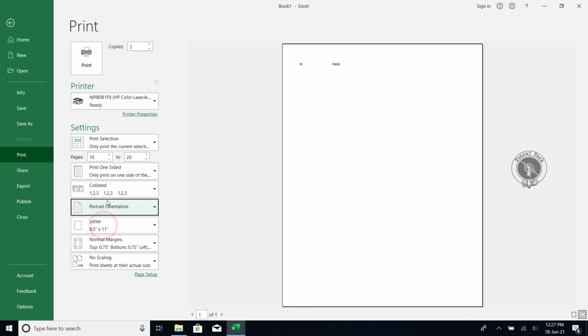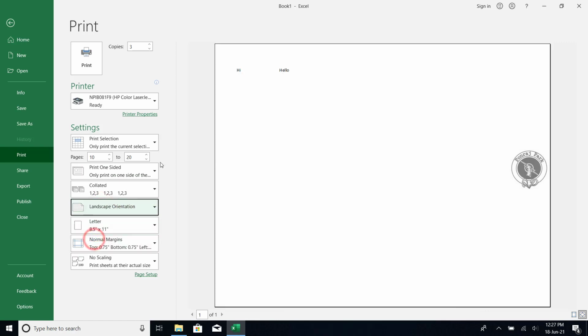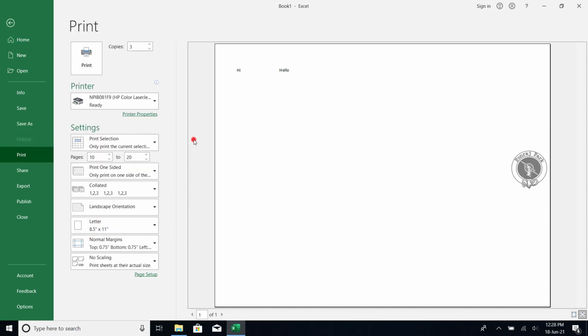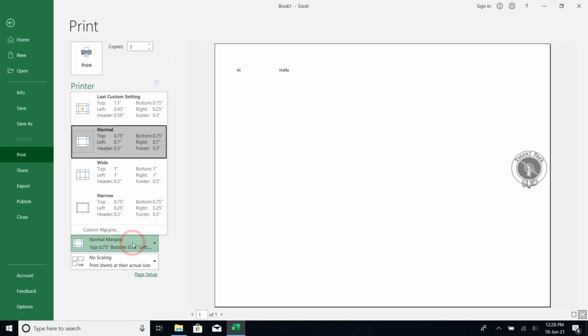When you are going to print something, some letter or document, you can arrange accordingly if you want it portrait or landscape. So like that you can print. And this I told you, for selecting paper, which paper size you want to select to print out. And the next thing is margins, like how you want to print, how much margin, if you want to make it wide or narrow.